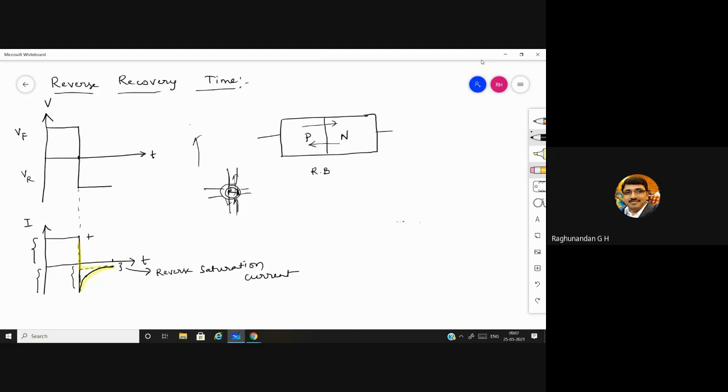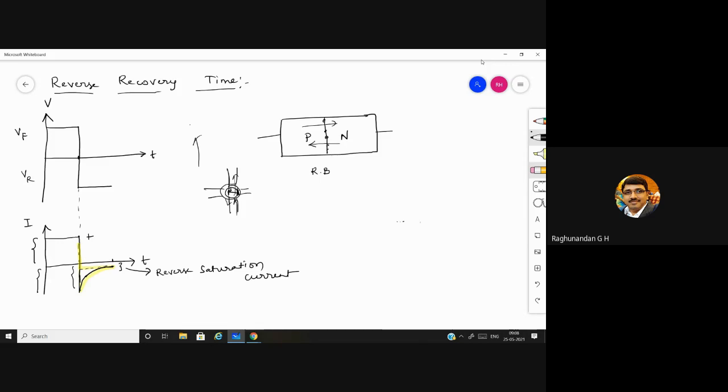Of that particular road. So obviously they cannot go back, so they have to move forward. That's why they'll be moving forward and they're going to reach the road where they want to move. In the same way here, the charges are flowing through this, but when you suddenly reverse bias, the charges which are stuck in the junction, or which are already in the junction, are going to still move because of the energy they have already acquired.